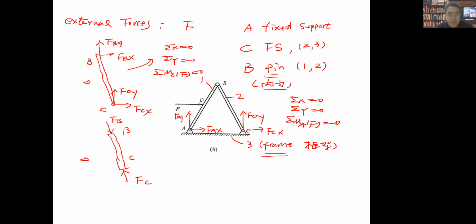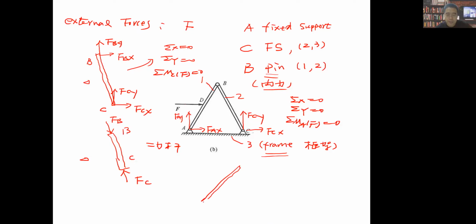But this one is more simple because we know it is 二力杆, a double force bar, and so we know its action line, right? Actually you can find that this FC is the resultant force of FCY and FCX, and this FB is the resultant force of FBY and FBX. So once again, if we select AB